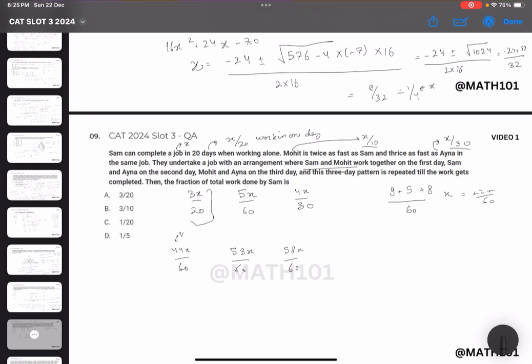So this is 6th day, this is 7th day, 8th day, and on the 9th day the work would be completed. But on the 9th day, Mohit and Aina would be working, so it won't count anyways. So till the 8th day,